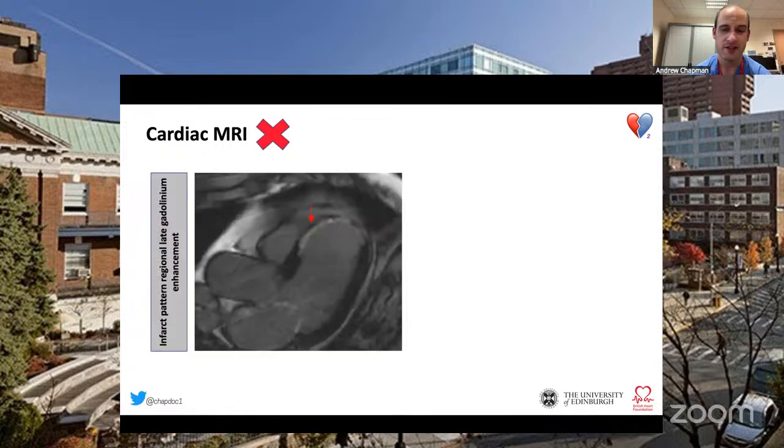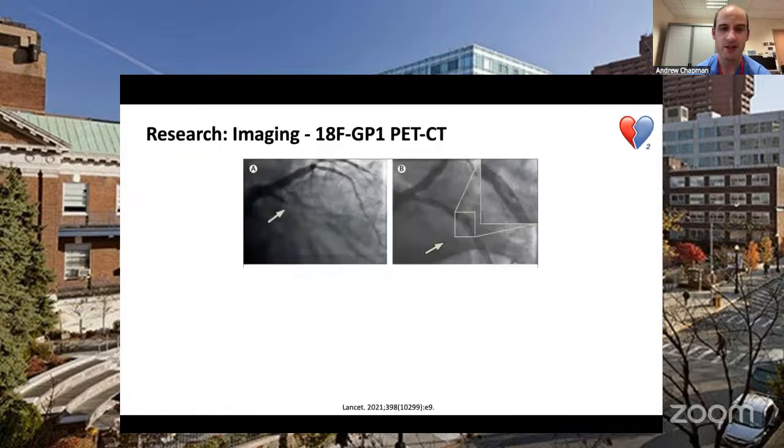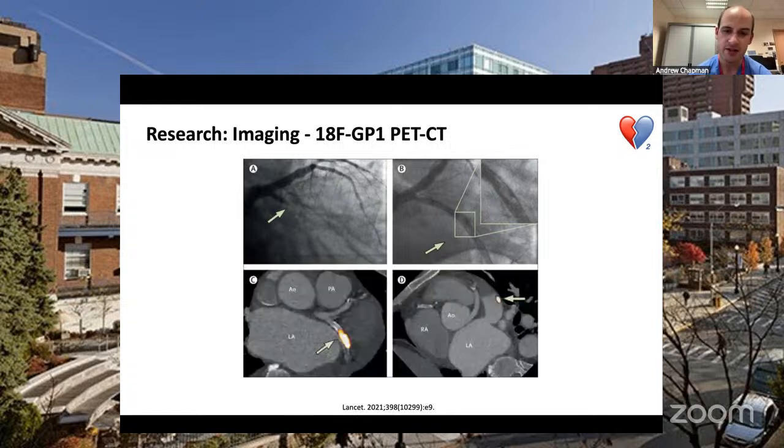And I've shown you this example already from a coronary embolism. So what opportunities do we have in research to try and distinguish myocardial infarction subtypes? Well, this is work from a colleague and friend, Dr. Evangelos Solos, consultant cardiologist in Glasgow, applying a tracer, 18F sodium fluoride GP1, which is specific for platelet activation and thrombus. And in this case, what they demonstrated was that in a patient who presented with an occluded circumflex artery,